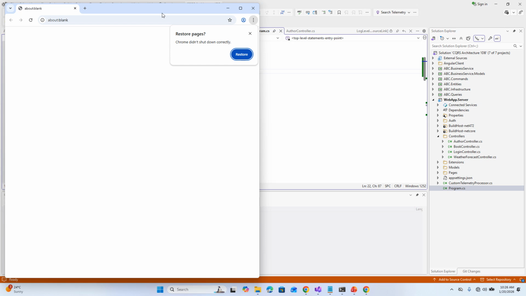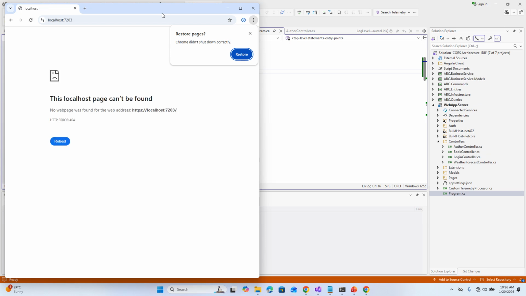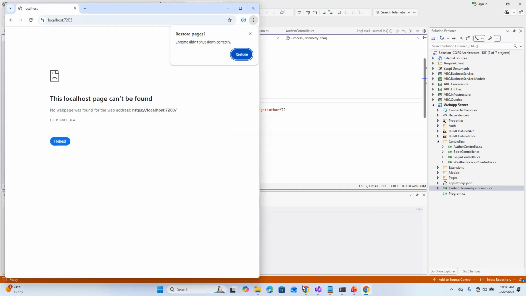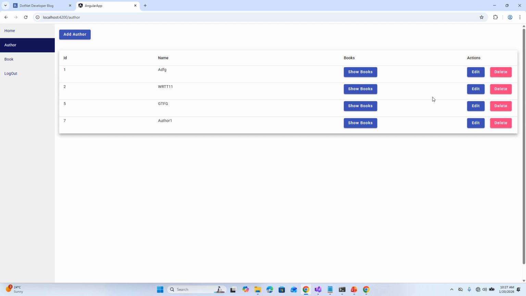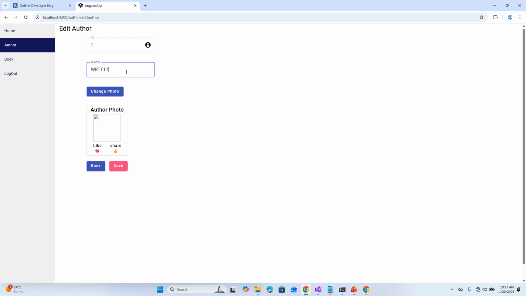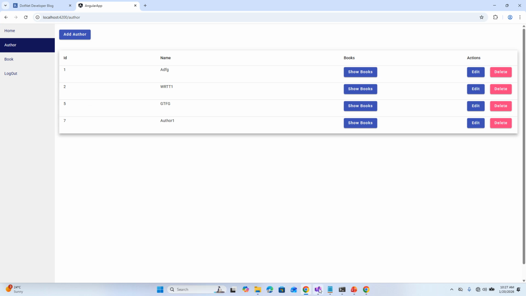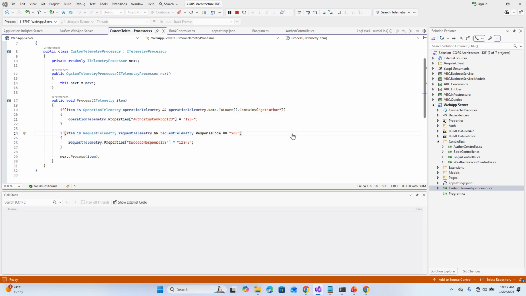Actually, this runs on the request telemetry. Whenever there is a request telemetry, it will run. Whenever there is an operation telemetry, this custom telemetry processor will run and it will give you the values. Now I go and refresh the get author. If I get authors, it will list out all the authors, and I edit one line item and save. Okay, now if you go and see the Application Insights,